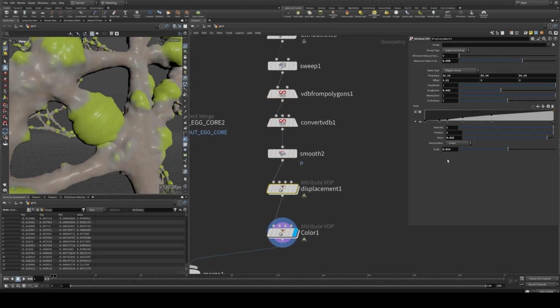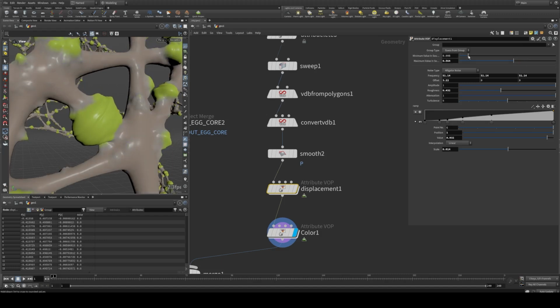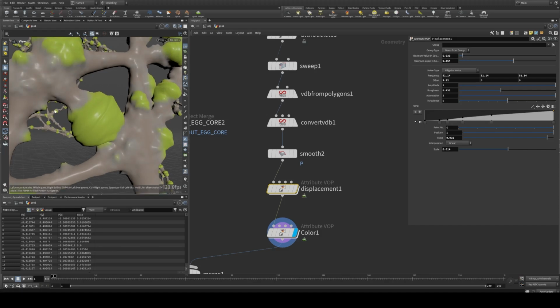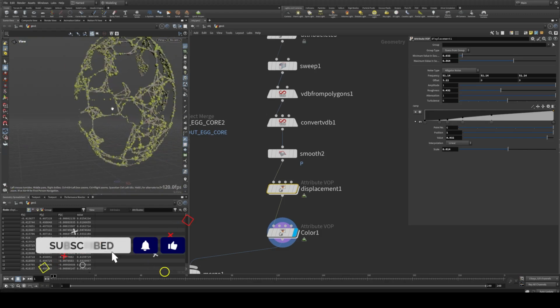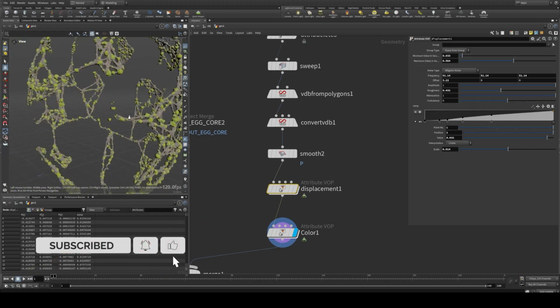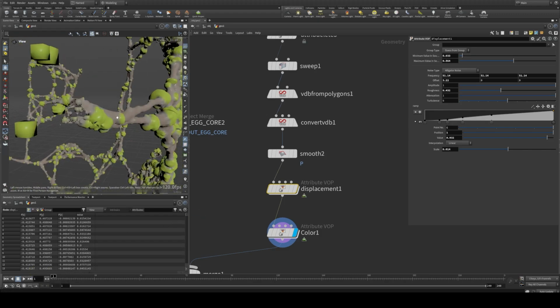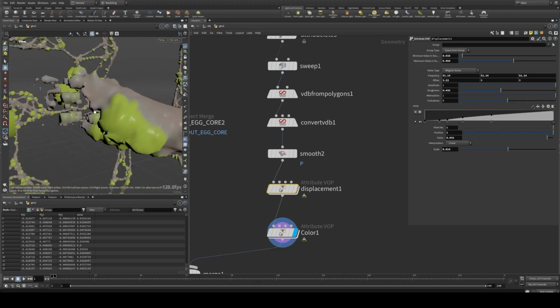Now we are going to make a little bit less. Oh no, we can go further. And we are going to bring this up. Okay, I'm happy with this. Now we have some floating